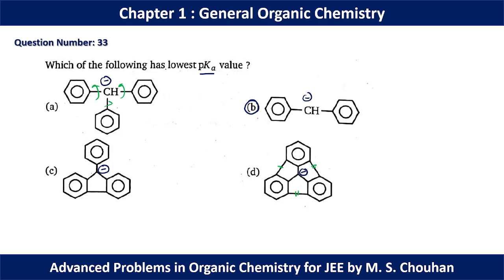In the D molecule, we have attached the phenyl rings with a single bond. It gives stability or planarity in the molecule, which means we can always have 3 phenyl rings in the same plane, which implies maximum resonance all the time. That's why this negative charge will become more stable and the conjugate base will become more stable. And as we know, if the conjugate base stability is highest, the Ka value will be highest, but the pKa value will be lowest. So you have to go for the lowest pKa value, and option D should be the correct option for question number 33.